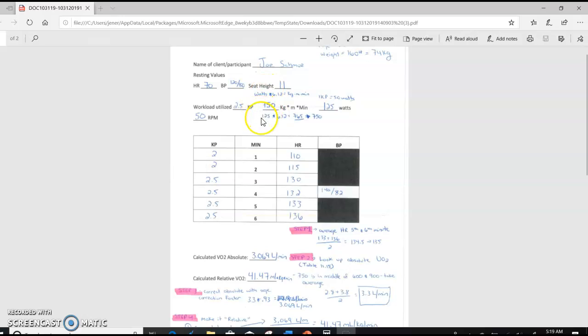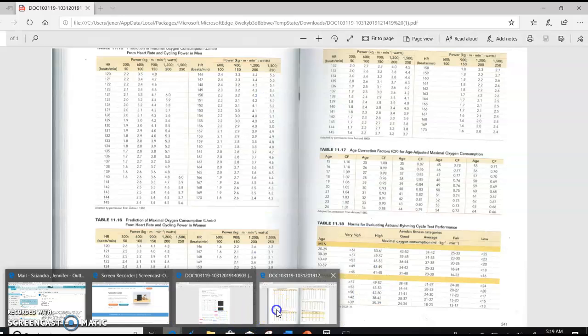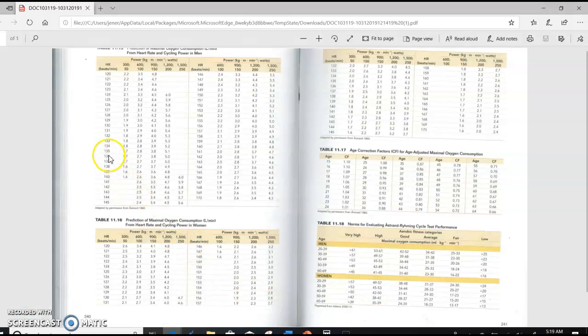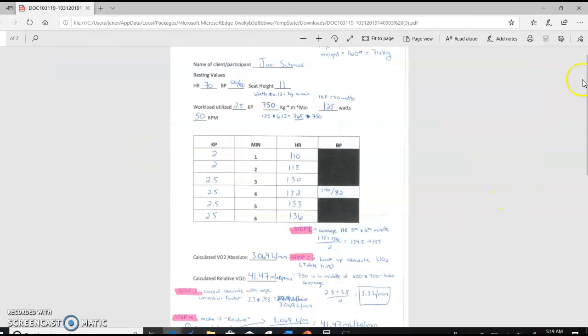So why is this significant? We take the 750 and we take the average of his two heart rates, which was 135. So we're going to look at 135 and we're going to run over to right in between 600 and 900. See that up here? 750 fits right in between. Right here. So we're going to take 2.8 plus 3.8 and divide it by 2. And that's what I did